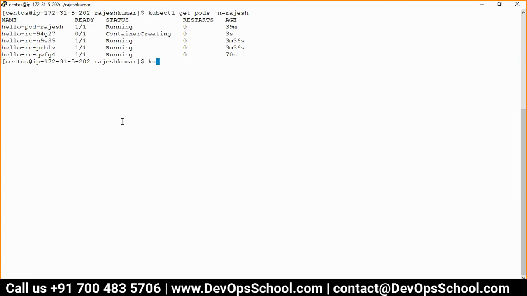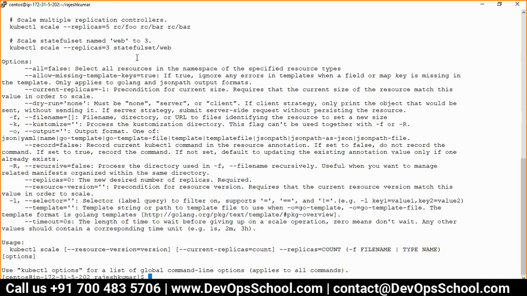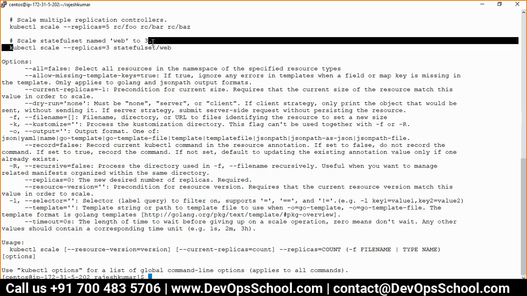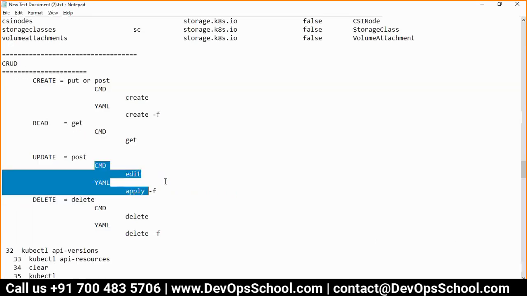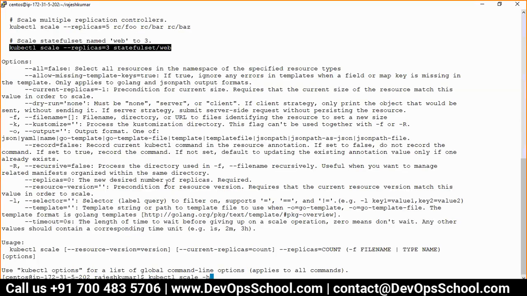So there's another way. I'll teach you another way. There's one command called scale. Okay, kubectl scale -h. So you can also try this one, scale. How can you do that? Get RC.